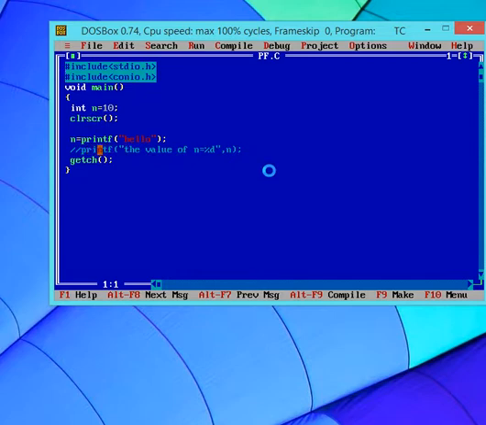Now let's see. If I want to print the next message in a new line, I will use slash n. This slash n is just to print the next message in a new line.